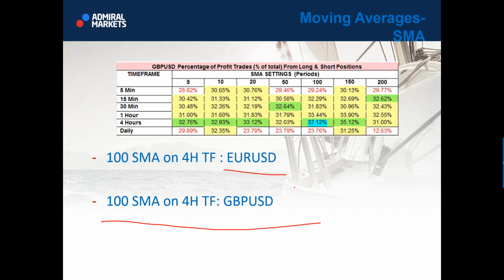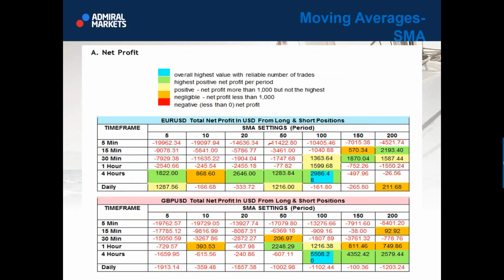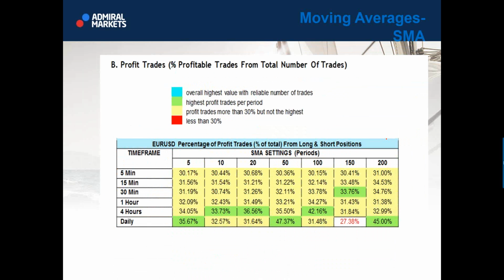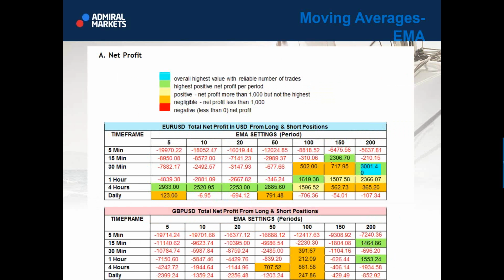Moving averages, or EMAs, now we are talking about exponential moving averages. Of course, there were some slight deviations from SMA, because if you take a look at SMA, look even on 5 minutes, 150 and 200, but on EMAs there are also profitable trades on 15 minutes. Okay, so even 15 minutes were great, and on GBP, basically the setting on the 150 exponential moving average did not produce any good results. So basically what we can say about this: euro-dollar works better with EMA settings than GBP. GBP worked great on 200 and 100 EMA. Okay,